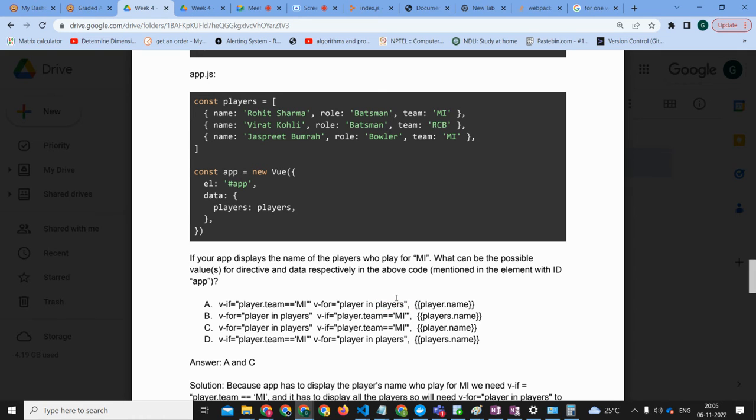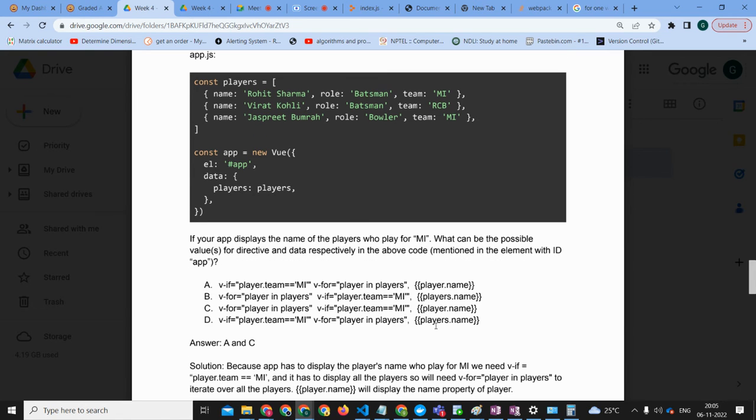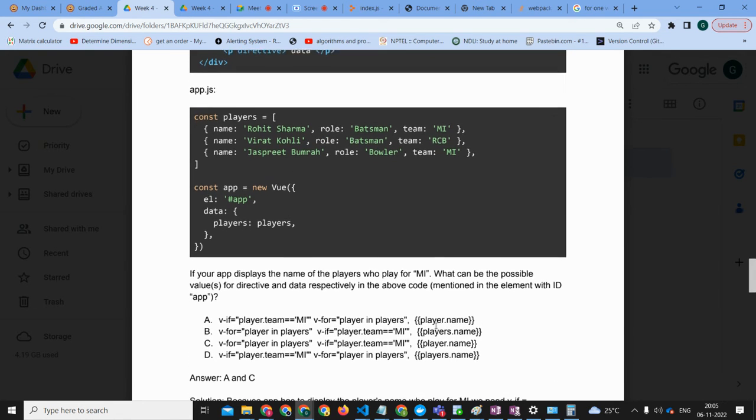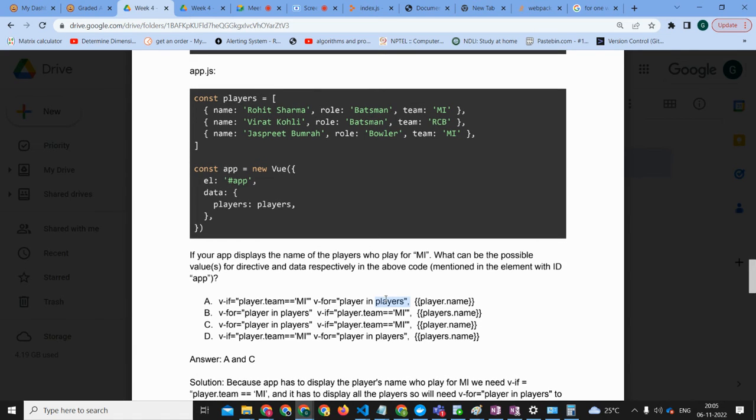Priyanka, got it? Player is anything he could have used actually, A, B, C, any. So the only thing is player should be as defined in const. Correct? See, this is player in players. What I want to say is